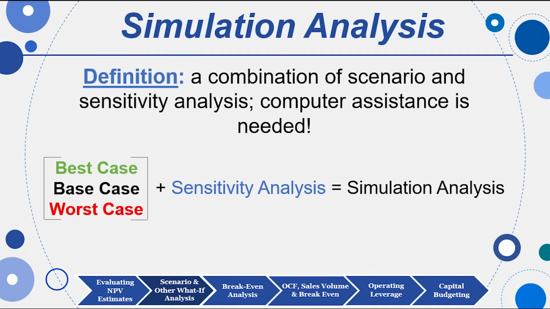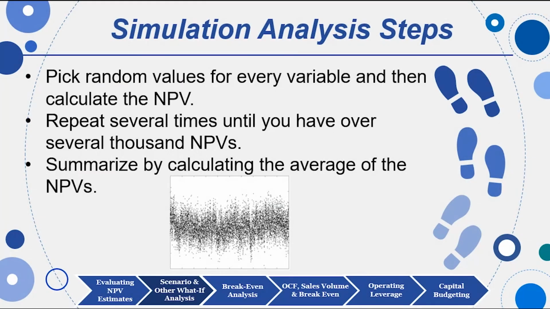Finally, we combine sensitivity analysis and scenario analysis, and this was popularized around World War II. War gaming, we had computers that could assist us. We would change all variables in small increments up and down. And so do best case, base case, and worst case, combine that with sensitivity analysis, and you get what's known as a simulation analysis. You will generate hundreds and hundreds of variables, hundreds and maybe thousands of NPVs,